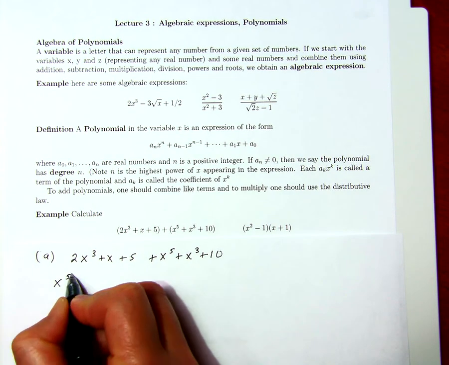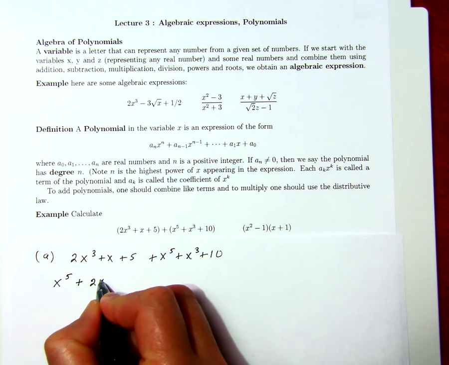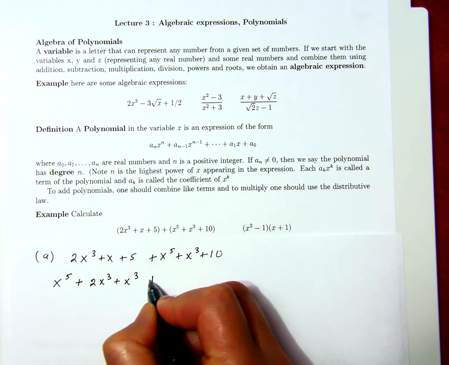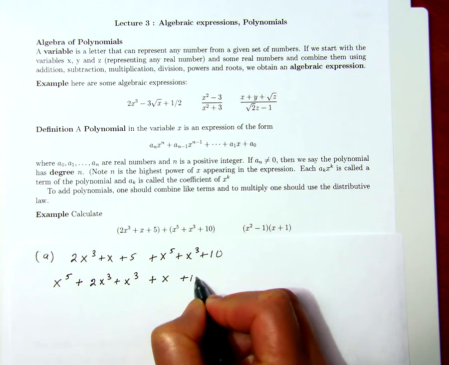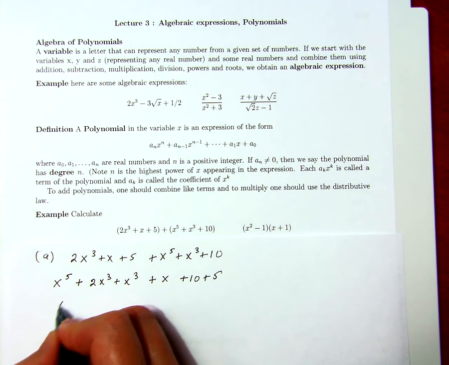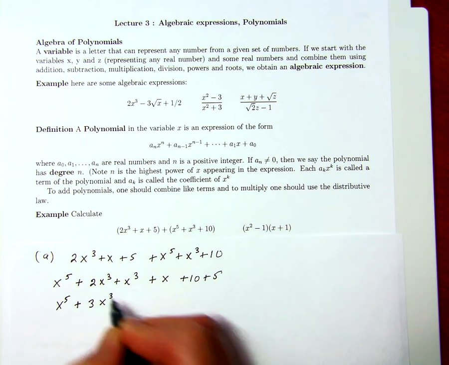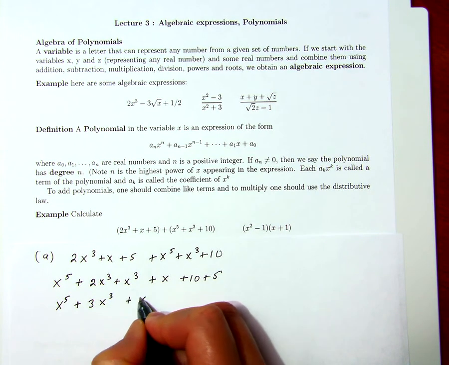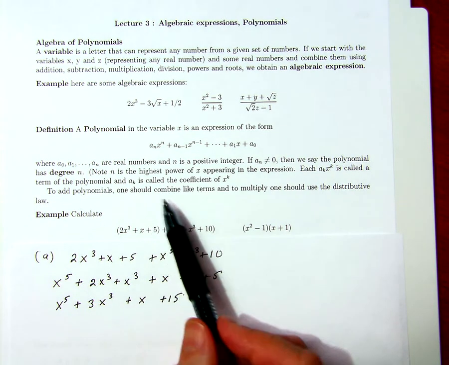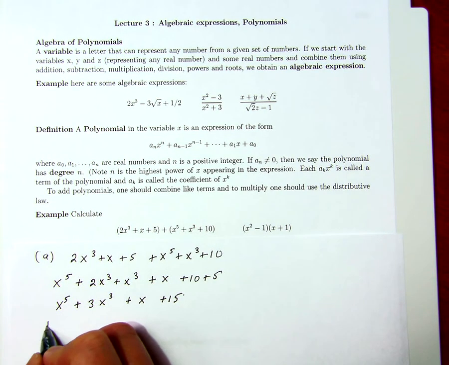The highest power here is x to the 5, then plus 2x cubed plus x cubed plus x plus 10 plus 5. And now I'm going to combine these terms to get x to the 5 plus 3x cubed plus x plus 15. And now, in abstract terms, this is a polynomial of degree 5,